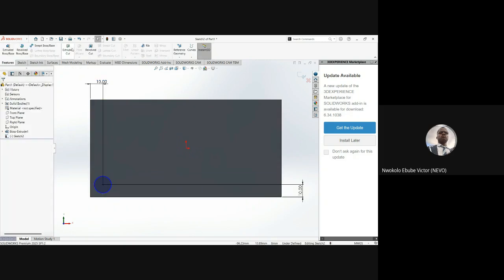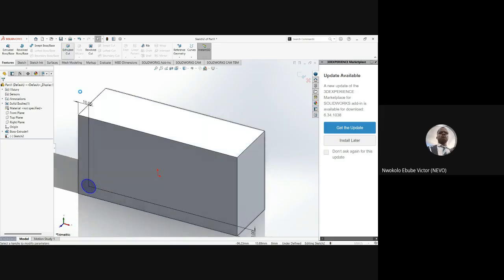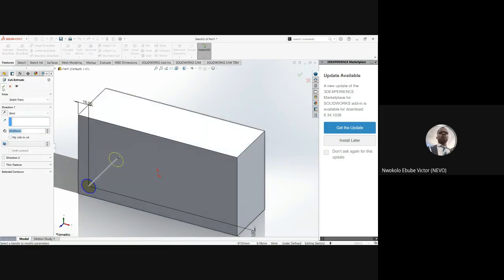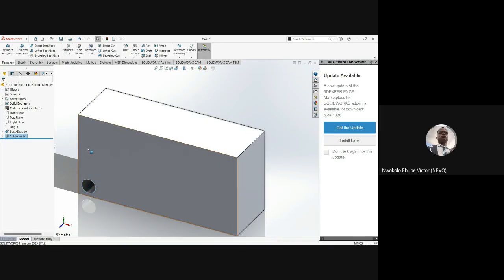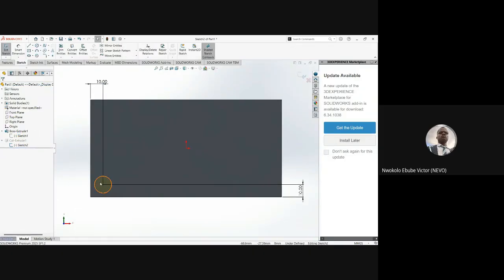So let's also go to extrude cuts 50 through. As you can see now, if I was to explain this to you, I would like you guys to understand that if I had not actually referenced this circle here to both sides of this solid body,